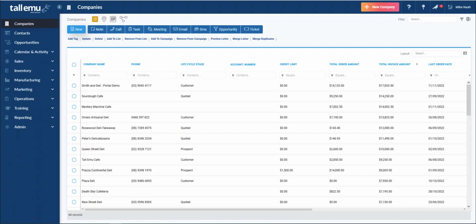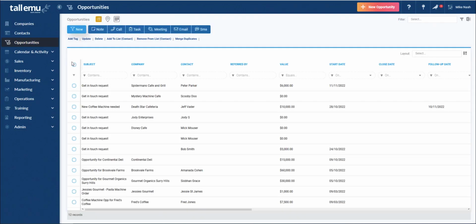One of the reasons why somebody might buy Toolemu or any CRM is to manage the sales pipeline. It really is the classic CRM use case, and Toolemu does an excellent job of looking after your pipeline, particularly because it integrates not only with the day-to-day sales process and your website, but also with your accounting software. So when we start looking at our sales pipeline, we can first of all go and click on our opportunity